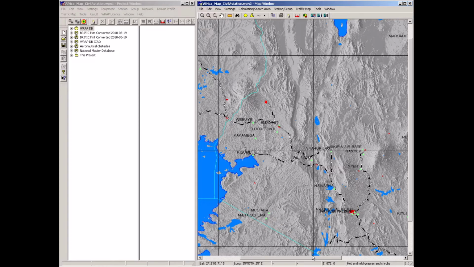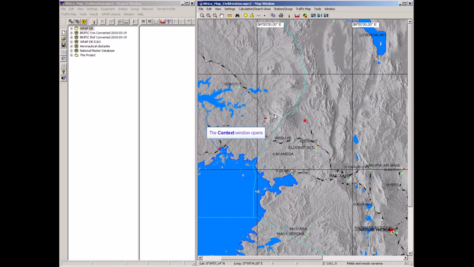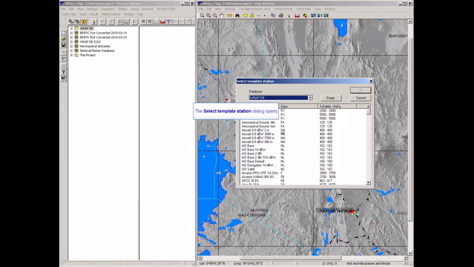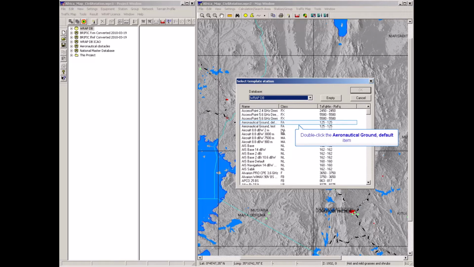So I will first place an air traffic control station at some location in the map. I'm not selecting it in any careful way. This is just to show the example of how a new station is created. RAP works with station templates, and the aeronautical ground default is good for this